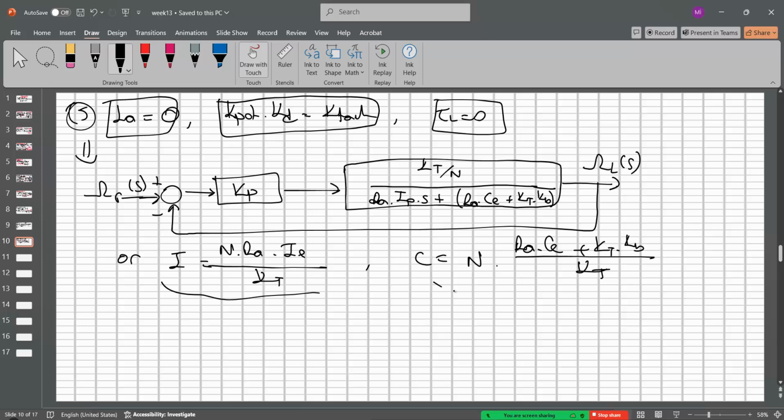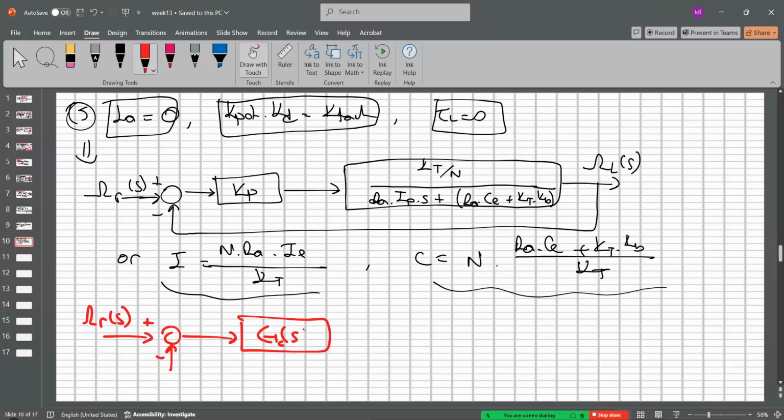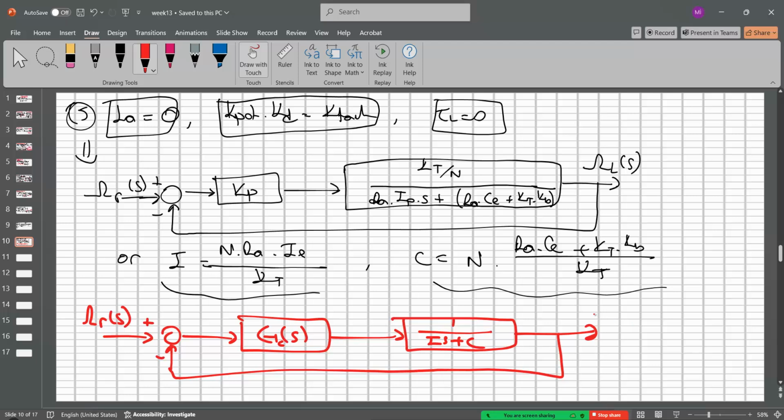These are the basic generalized I and C coefficients, and so this diagram turns into this simplest form. Omega this term, and also the E_G s, and also we can write 1 divided by I s plus C, and the R equation turns into this, okay? This is the ideal form